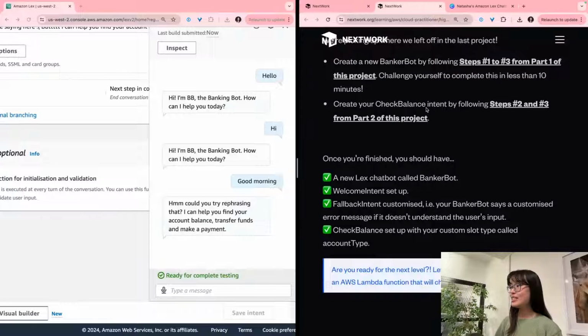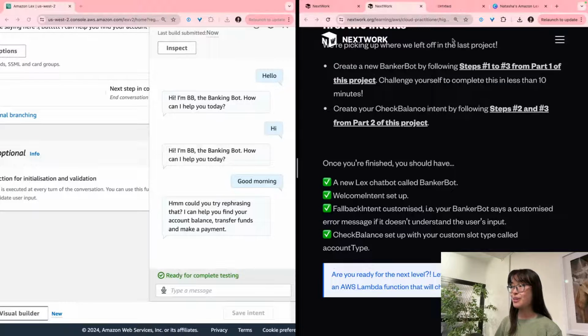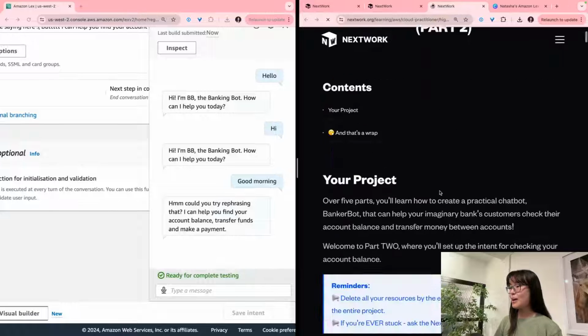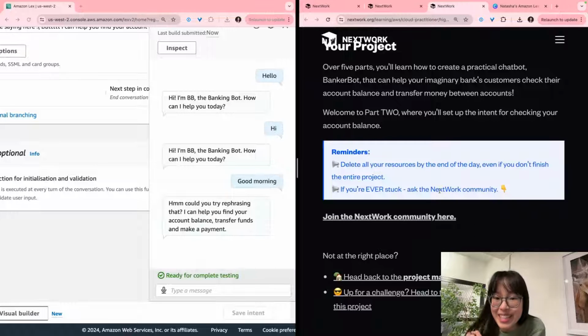So let's speed run part 2. Let's see how fast we can do this today, me and you. Part 2 was all about creating a custom slot in our chatbot. Now, custom slots are a bit like form fields, like a field in a form that you have to fill out. And in this case, the two slots that our chatbot wanted to know is